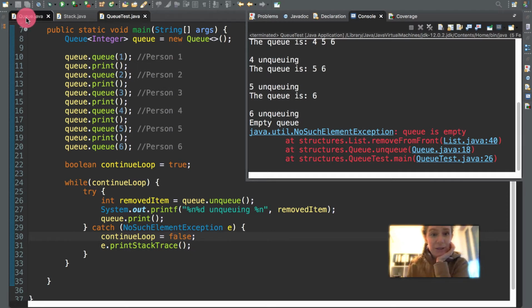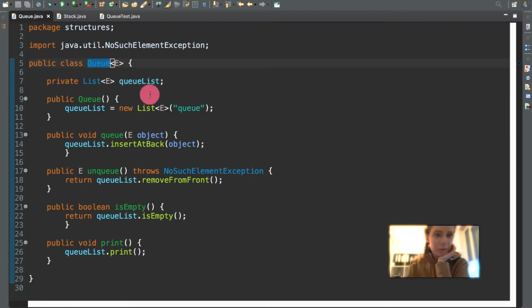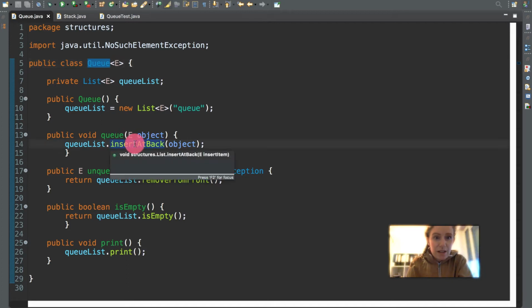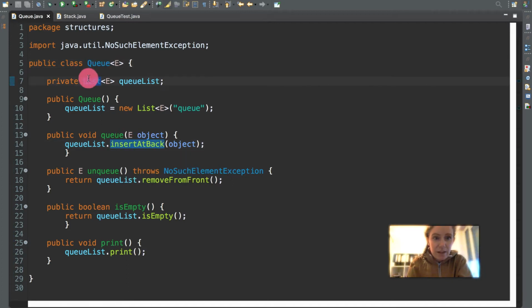Then we're still using list. It's up on my GitHub. And we are also using our 4 different methods, similar to stack last week. These are all linked videos. So linked list comes first, then stack, then queue. So here we have queue, and it uses the list class as well